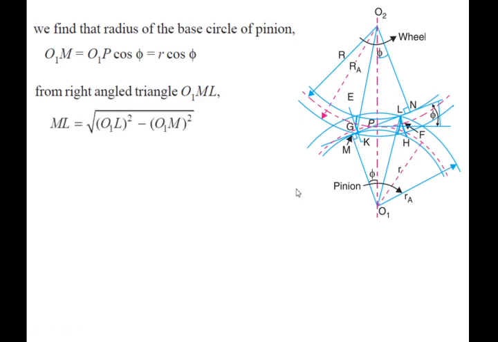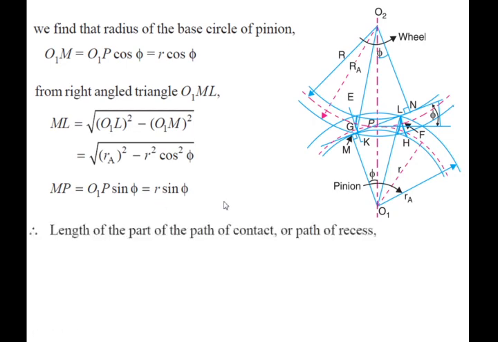And from the right angle triangle O1ml, this bigger triangle at the bottom, if we consider the Pythagoras theorem, ml will be given by under root of O1l square minus O1m square. That will be equal to Ra square minus R square cos square phi. And then again in this triangle O1pm, if we take sin phi, it will be Pm or MP divided by the hypotenuse O1p, or MP will be given by hypotenuse multiplied by sin phi, that is O1p multiplied by sin phi. It comes equal to R sin phi.